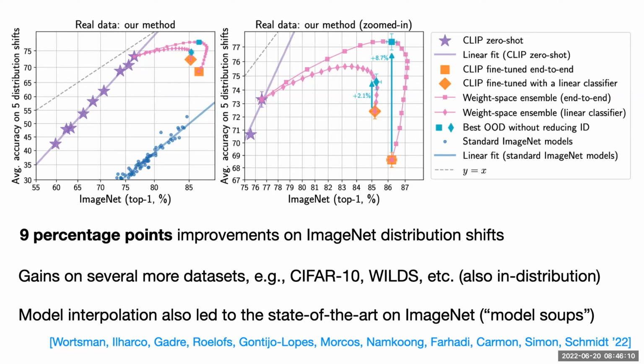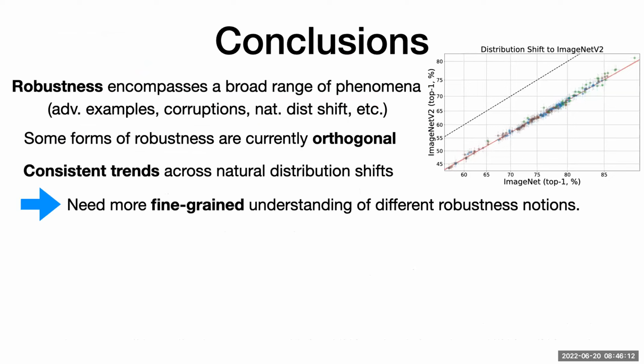Cool. So now we had 40 minutes, so let's conclude. If you take a step back over the past, say, 5 years, there's been a ton of really interesting work in the robustness community. We have figured out all sorts of interesting ways to probe how well neural networks generalize out of distribution. And now a natural question is, how are these different robustness notions connected? And I think what we are beginning to see is that making a network more robust to one kind of robustness often doesn't transfer to other kinds of robustness.